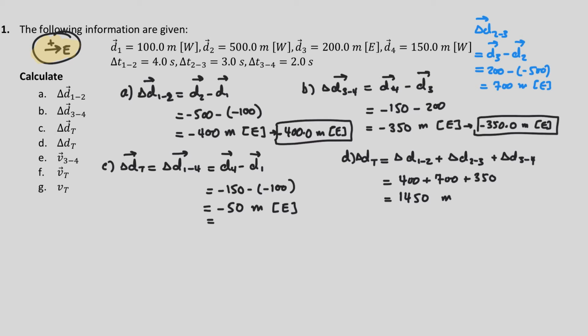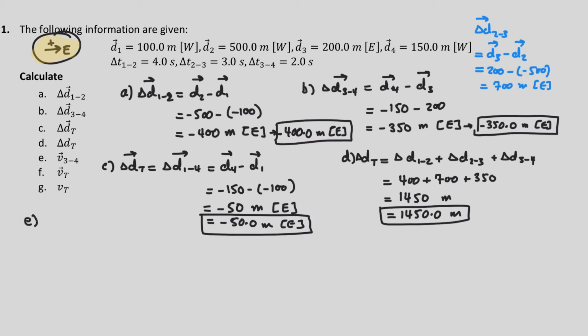And this one is going to be negative 50.0 meters east. And this one is going to be 1450.0 meters. And now I am going to find the velocity, so for part E, we're finding the velocity between 3 to